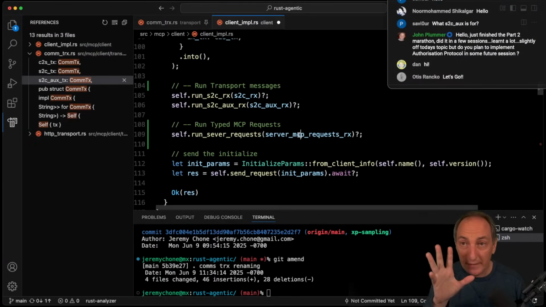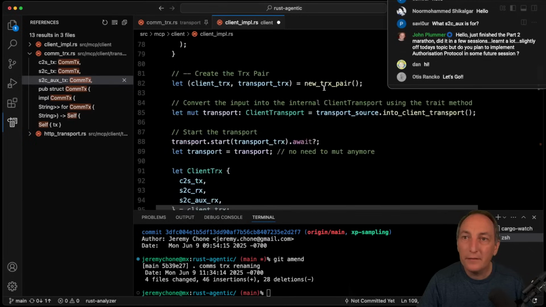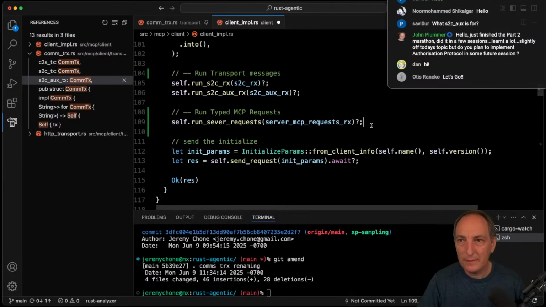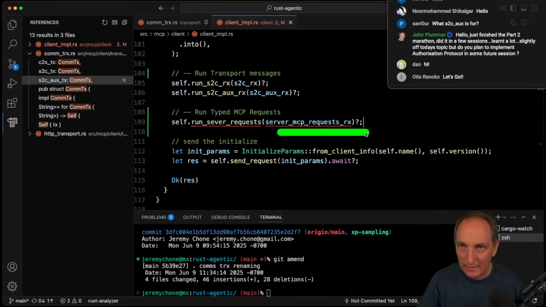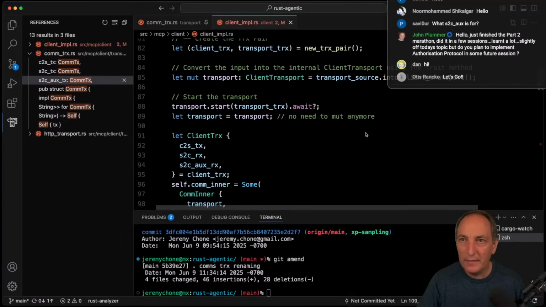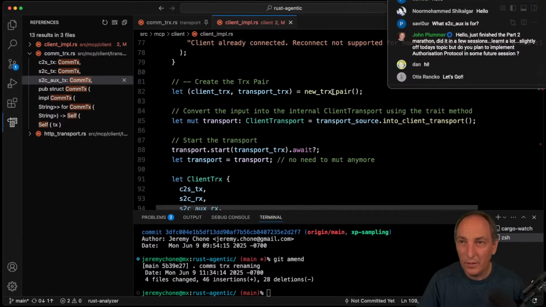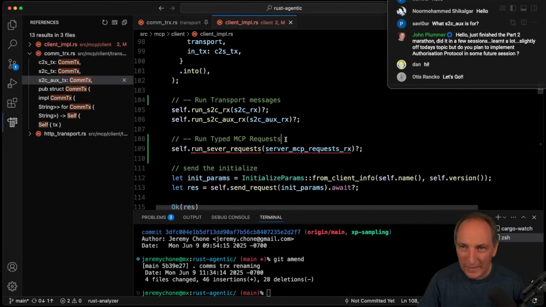Now, the thing with Rx is that you cannot clone it usually, except if it's broadcast. And that is by design. It's a good thing. So this means that whatever we're going to create up there, this is what we're going to get here. So obviously that function doesn't exist and that doesn't exist. Now what we need is to create those guys, and we're going to do it inline right now,